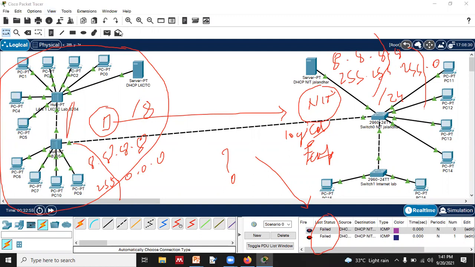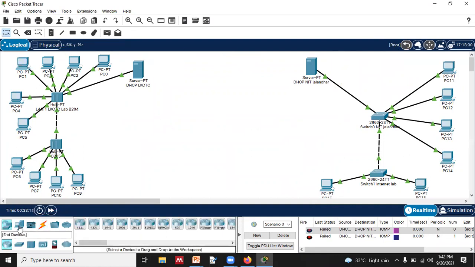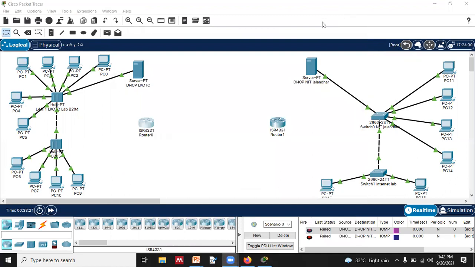Let me clear the screen, and then we will. Okay. So it means this connection is totally wrong. We don't want this thing. We will remove it, and now we will plan what is needed. There is a need of a router if we want to connect 2 different networks. So we brought the router in, right? And why do we need this router? Because we want to connect 2 different networks.